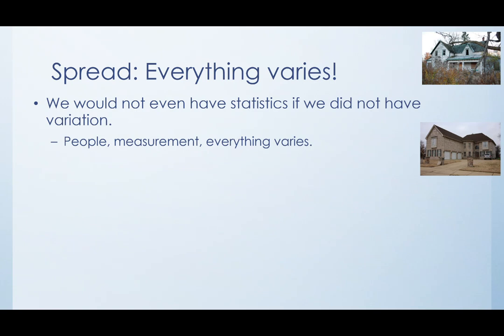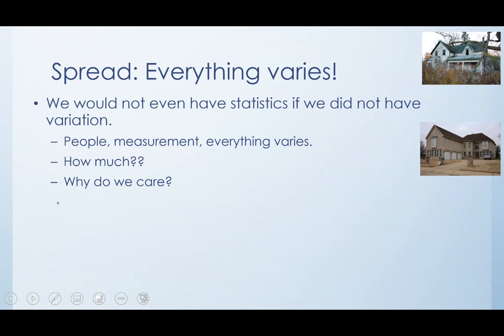That's why when you take physics or chemistry class, they make you weigh your stuff several times and then use the average of those weights, because there's variability even in measurements of the same thing. And of course people vary and whatnot. So we want to get an idea of how much variation there is in our data, and to that end, we need to come up with a statistic that measures that.